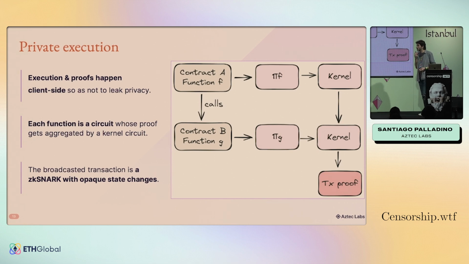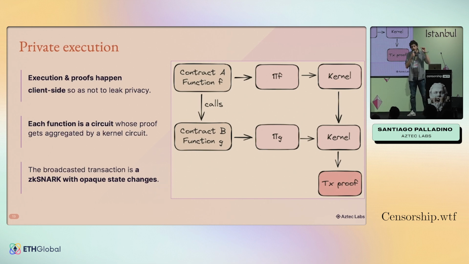Not given that we want the user to keep privacy by running everything locally. So how does it look? Basically, each function, each call within the stack generates a zero-knowledge proof of correct execution, and that gets aggregated recursively with another circuit, which we call the kernel circuit, taking terminology from zk-SNARKs. And that circuit takes care of gluing together the entire call stack, hiding any sort of information. The kernel circuit also is going to hide exactly which function and which contract got executed, and produce a single zero-knowledge proof for the entire transaction.